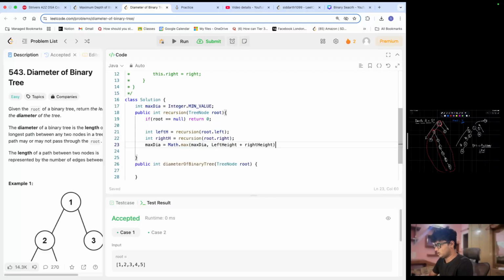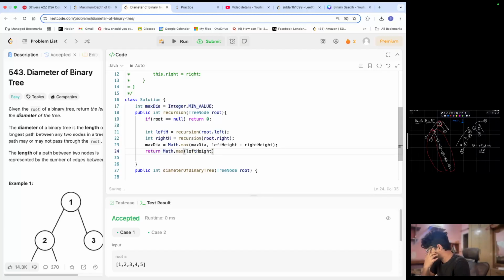Else, I'm going to be returning Math.max of left height comma right height